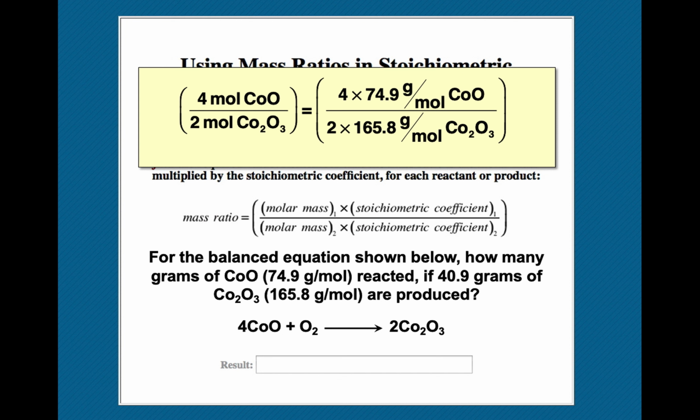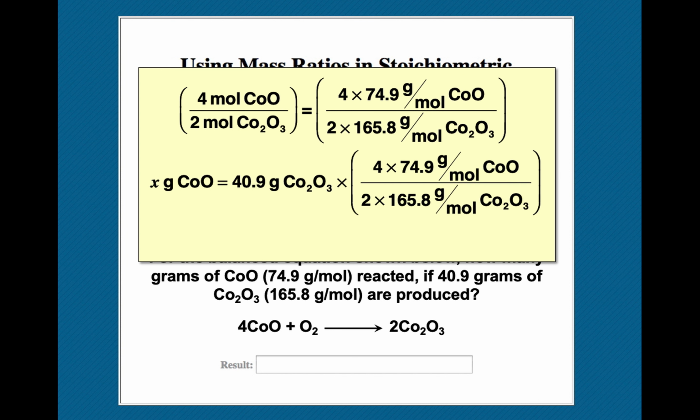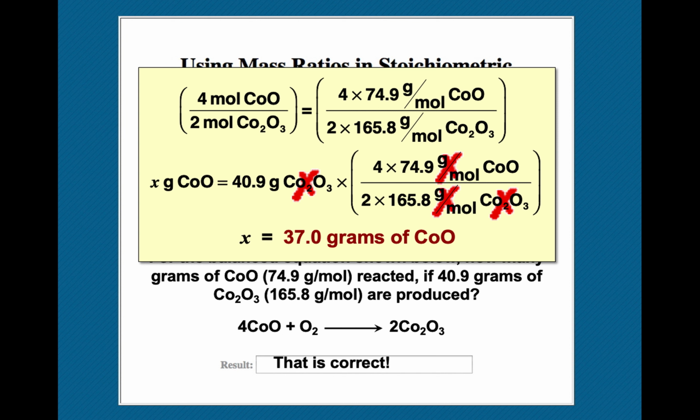You don't have to go ahead and calculate it out, but of course you could. You could also just look at this and say, hey, it's a ratio. I know what's given. By George, I can just do it this way. Given times ratio: 40 times 4 times 75 divided by 2 divided by 166. 37 grams. Any questions? All right, well,